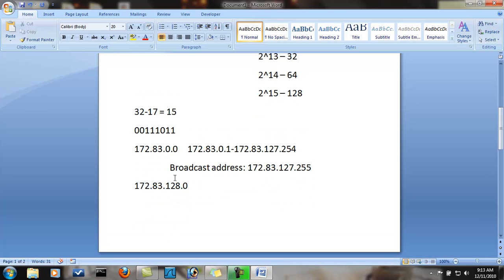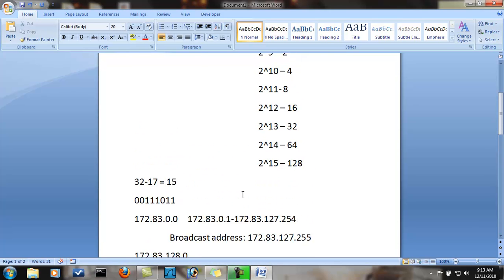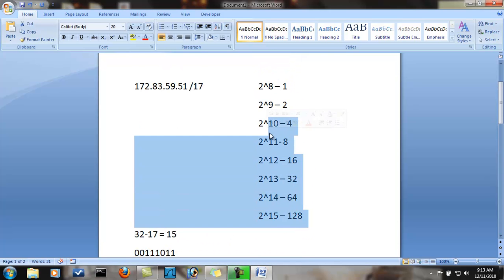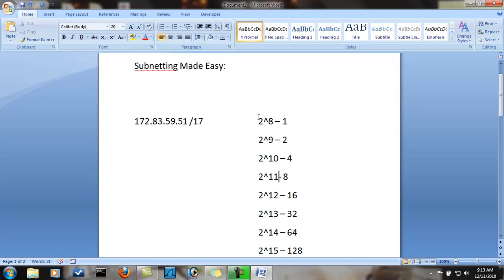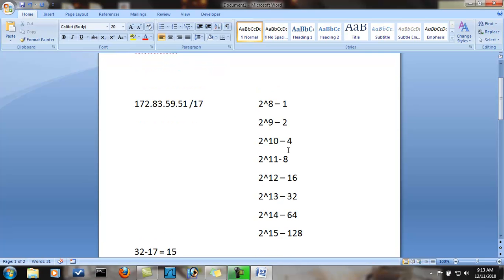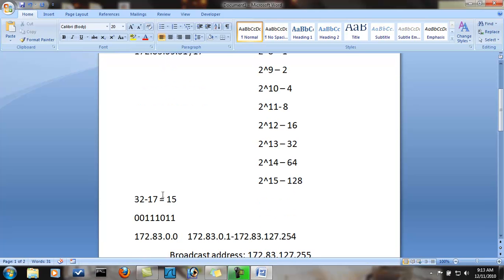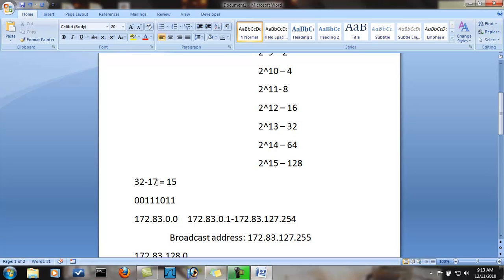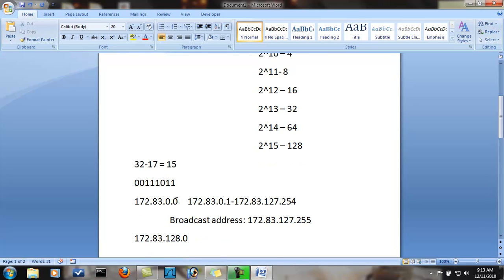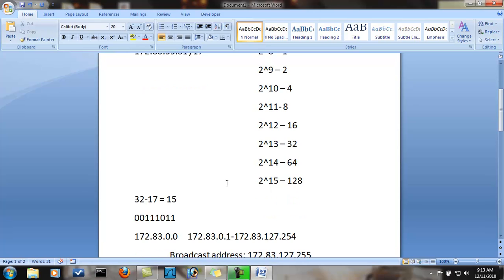And if you want, you could continue on, but you have to remember this in order to be able to do subnetting the right way without using any notes or anything, doing it in your mind. This helps me a lot. I just remember the first one and I just go on to it, whatever it needs. So just remember to do the 32 minus whatever it gives you, and whatever octet you're working on, write it